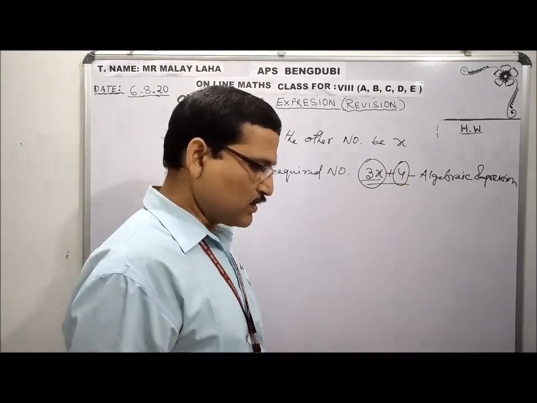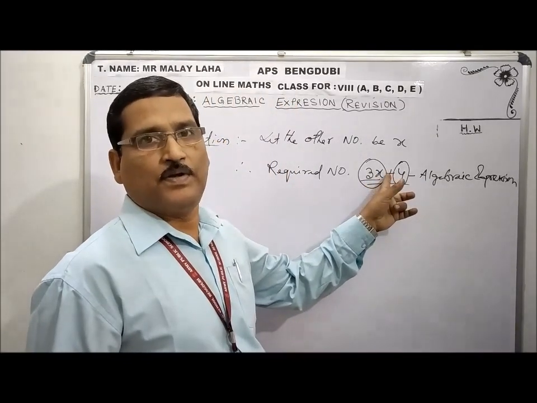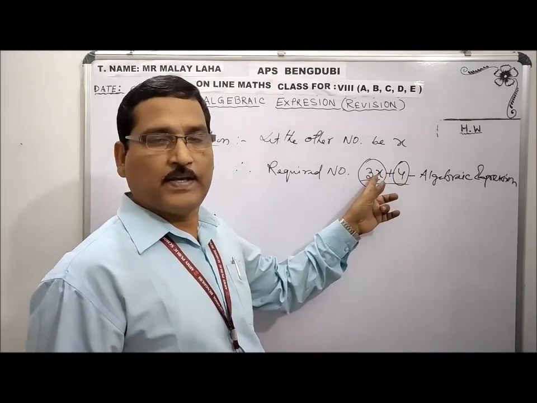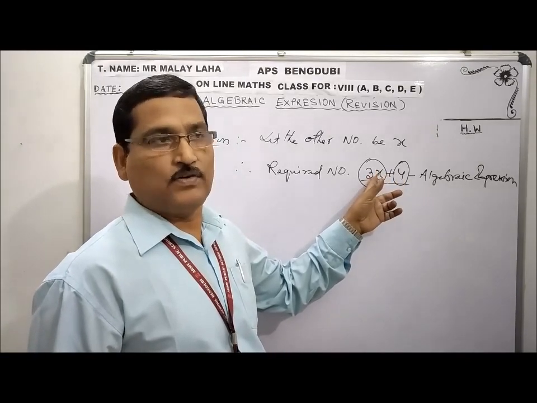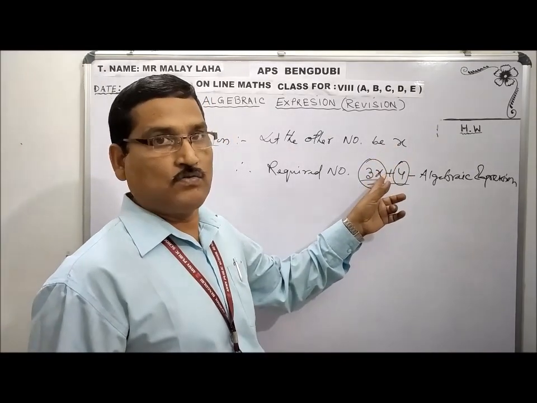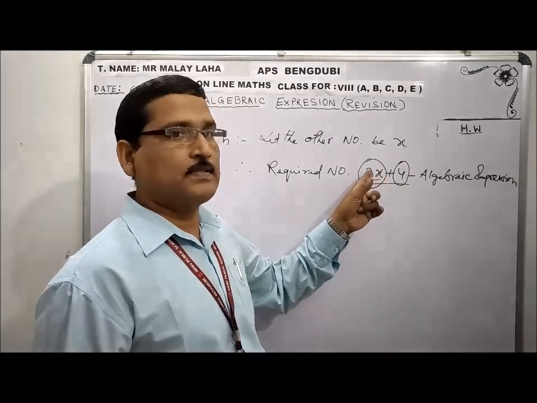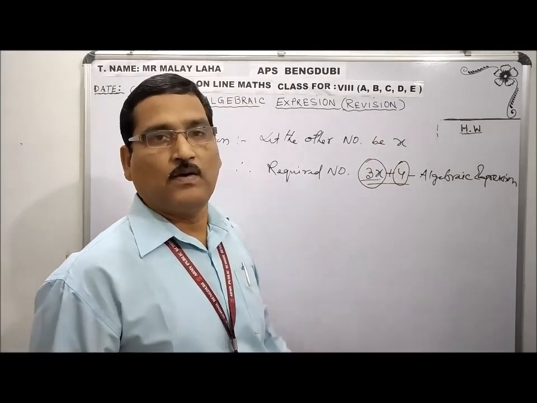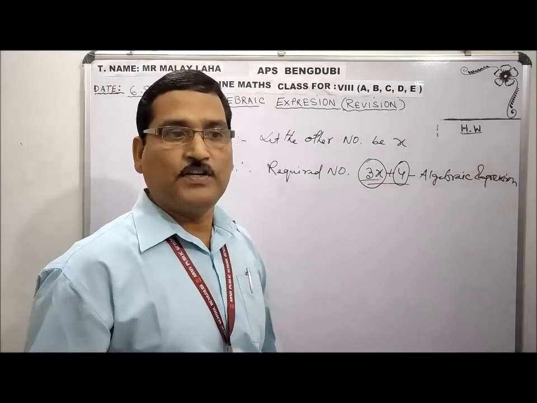So constant and variable. Constant means it is a given value, it is known, and here x is not mentioned. What will be the value of x? I don't know. X is the other number. I don't know the other number, I have represented it as x. So x into 3, after that if I add 4, then you will get the one number. So this is the expression, and each part is called a term.